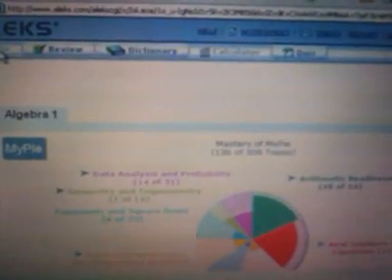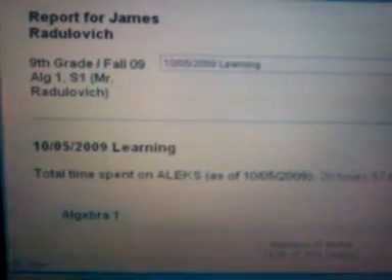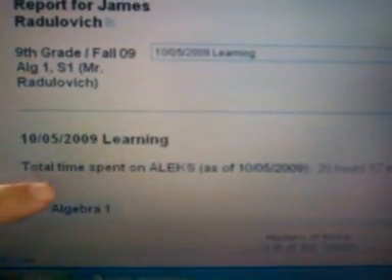Alright, so we're going to be going over how to fill out your ALEKS Pi, and we're going to start with the first thing you'll want to do, which is take a look at your report, which is up here in the top right hand corner. You go ahead and click on report, and it's going to tell us how many hours we're starting at in ALEKS. So you're going to want to take a look down here towards the bottom where it says total time spent in ALEKS,